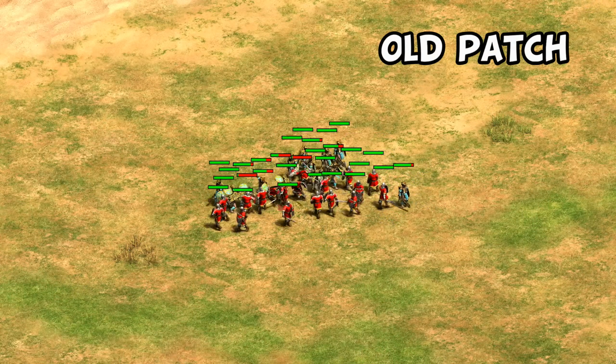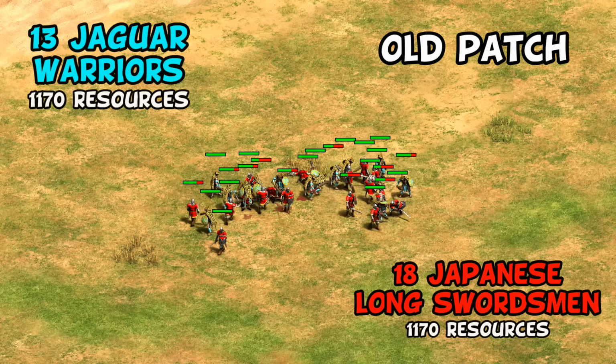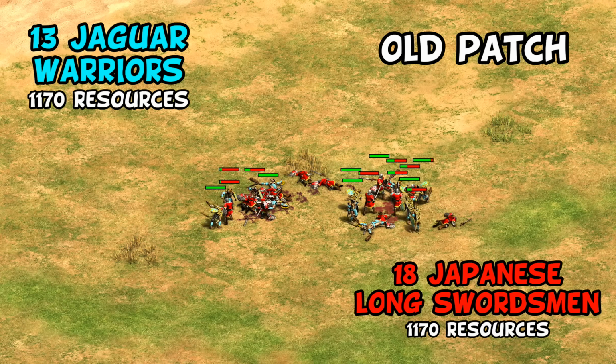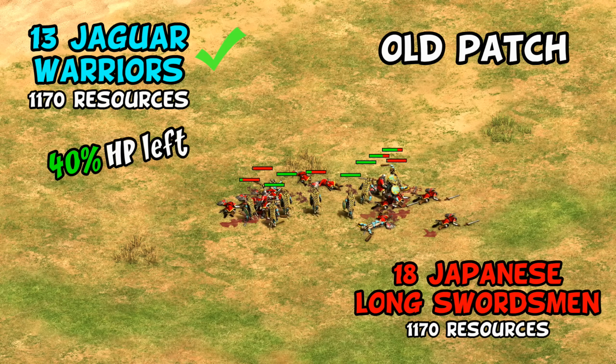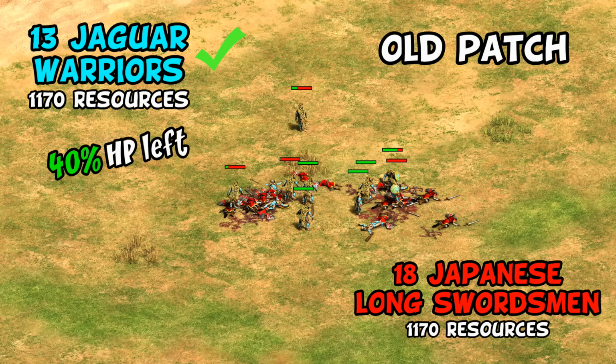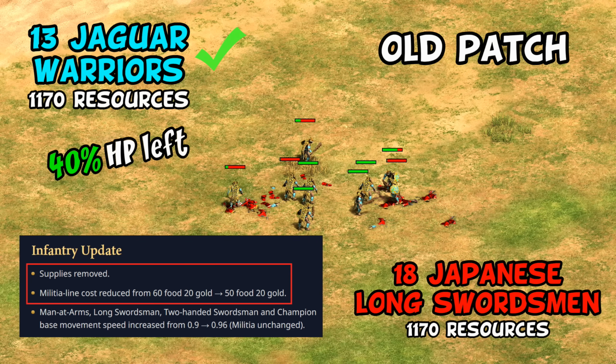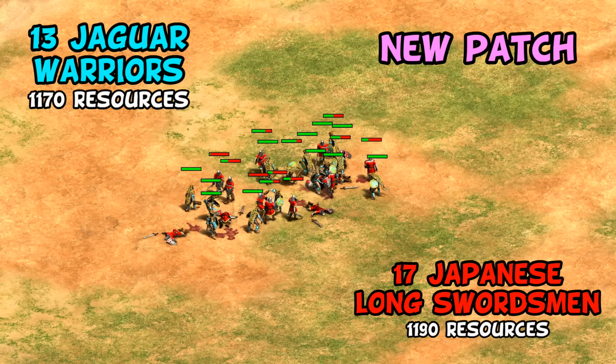To start simply, we kind of just saw it, but this time we'll use Japanese longswordsmen to put the unit in their best light. Previously, Jaguar Warriors in this fight ended up with somewhere around 40% of their HP left, though these things always vary a bit depending on pathing. Keep in mind, longswords are actually a little more expensive now, as they swap supplies for a not quite as low default cost. If we rebalance around that and try this again today, the Jaguars end with more like 60%